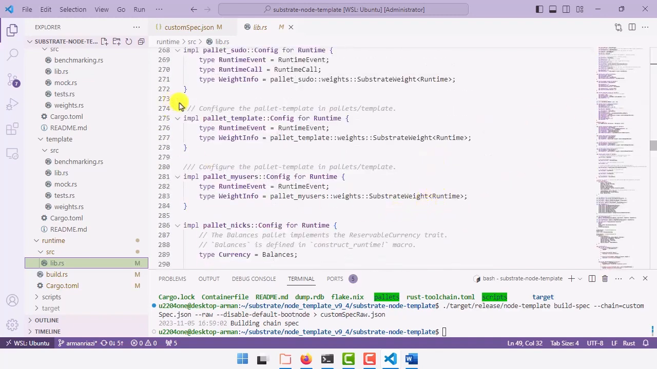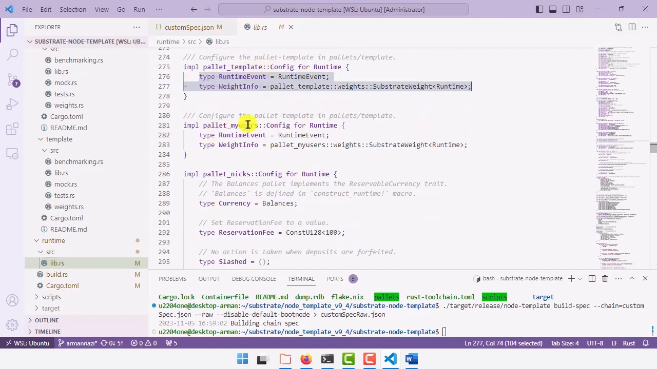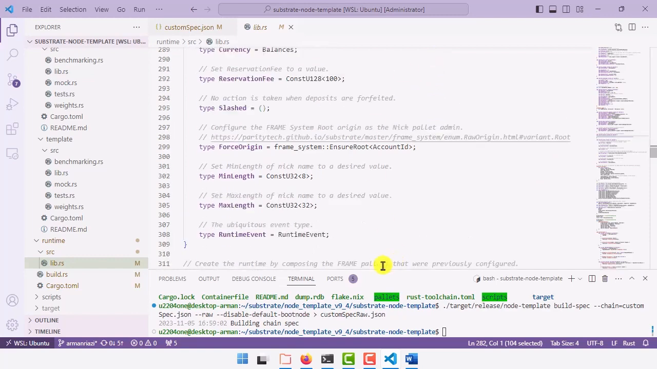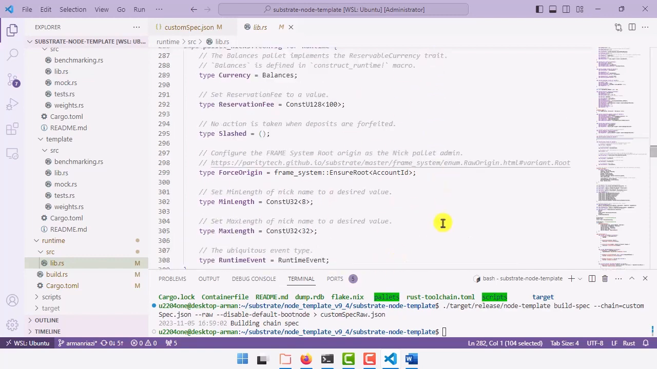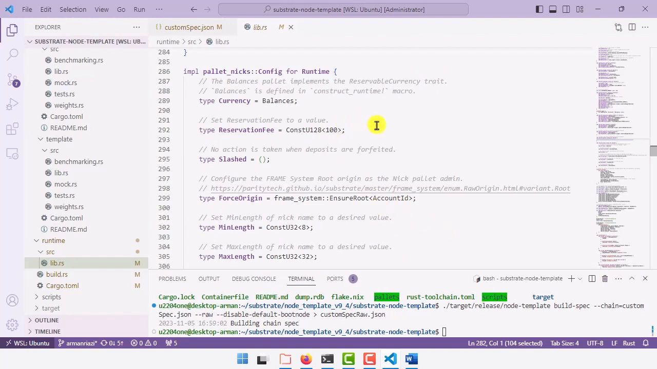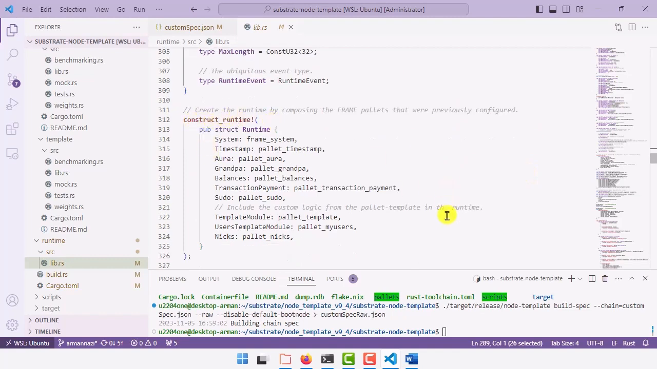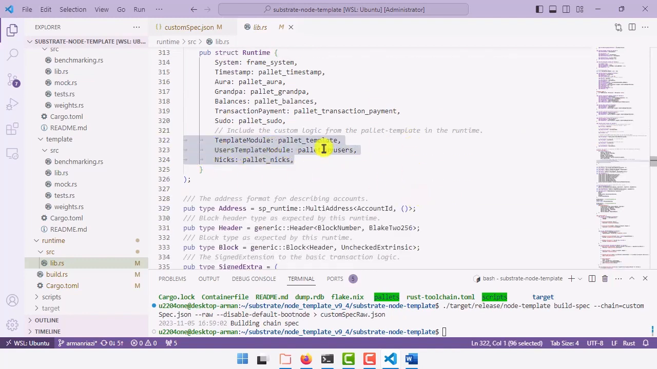For example, I can implement palette of template here to define runtime event. And then for my users, I also can define this line. And then to implement palette mint, I need to specify balances and some types here. Obviously, when we want to create a new account, before it we must define a balance for the account, and in the macro of construct runtime we need to set our palettes here, and as you can see I have 3 palettes that I have written,